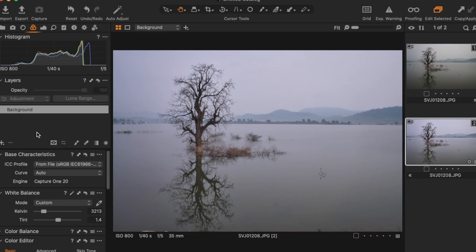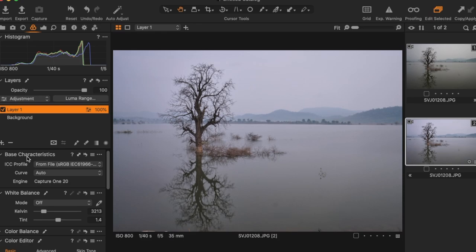Now, local adjustments in Capture One work with layers. You can choose to apply a radial layer, a gradient layer, or you can apply the layer to the whole image. I'm going to use the whole layer. Oops, let me just delete this for a second. If I hit this tiny arrow under the plus key, it gives the options new empty layer, new filled layer, clone layer, heal layer. We're going to choose the option new filled layer.